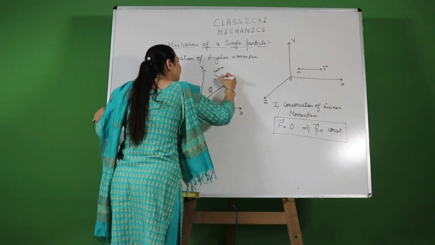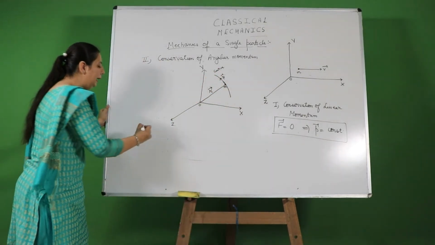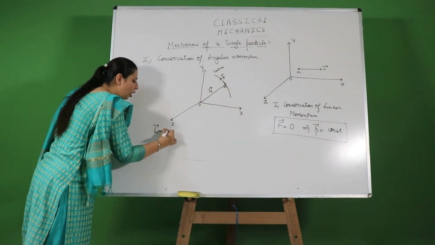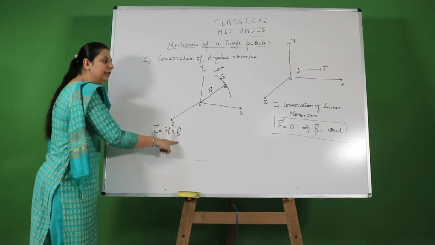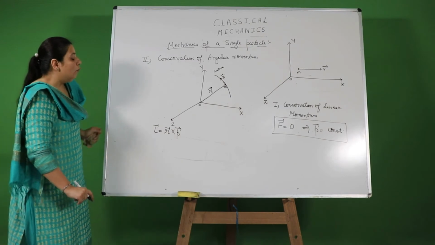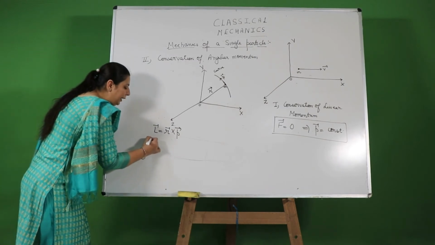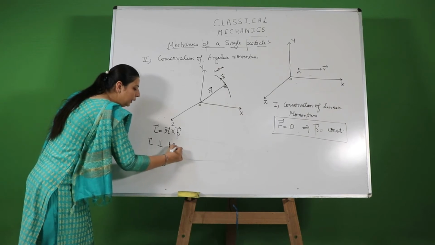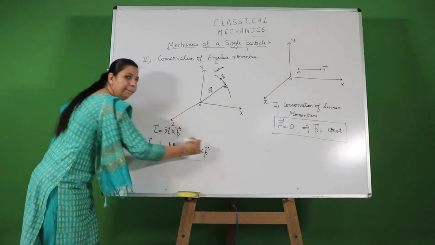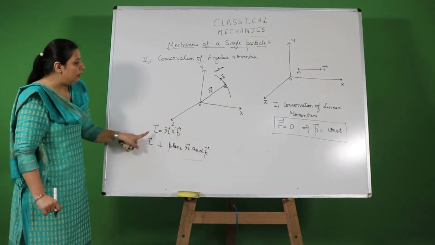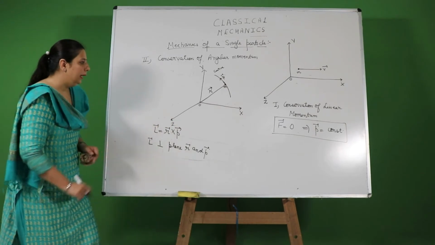So momentum or velocity will be along this direction, and L is given as the cross product of the position vector with the linear momentum vector. We all know that the direction of L will be perpendicular to the plane which has both r as well as p. So L will be in the direction r cross p, perpendicular. Okay, so